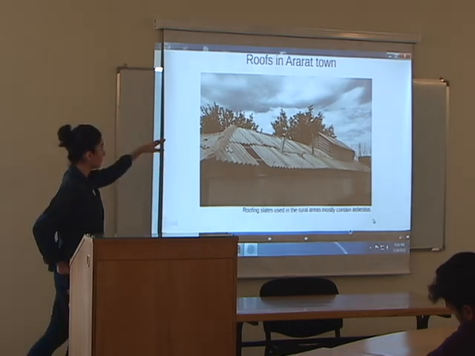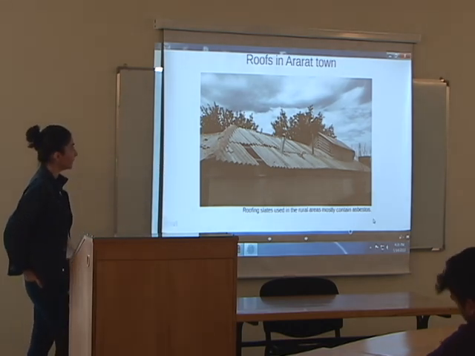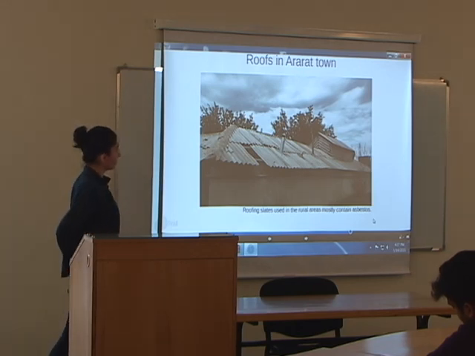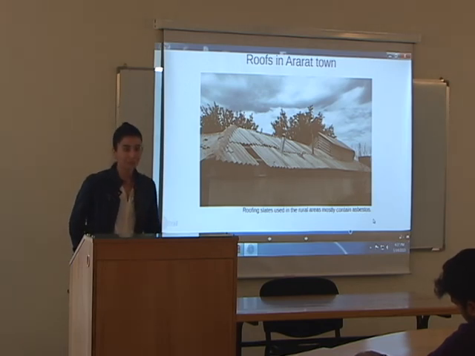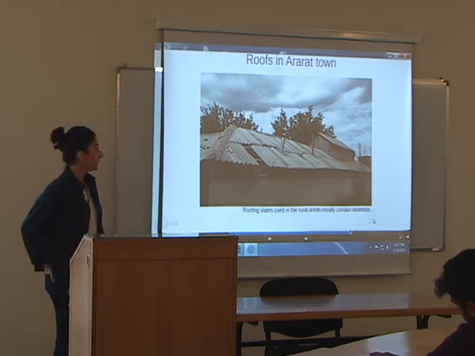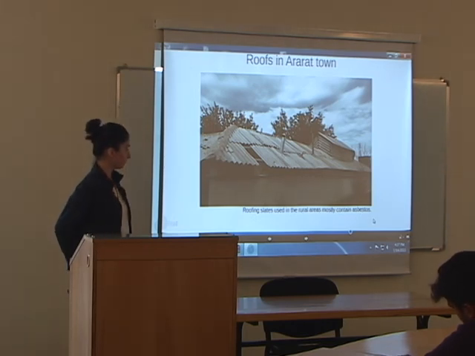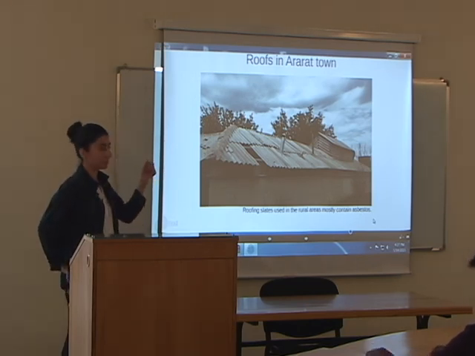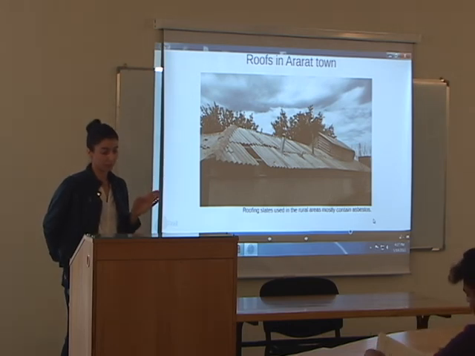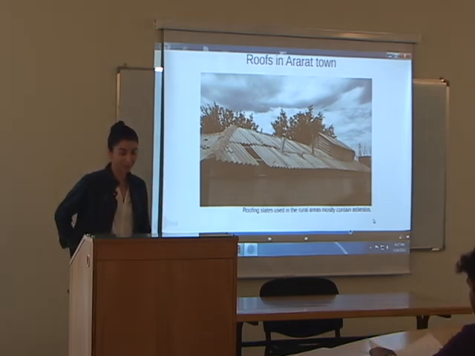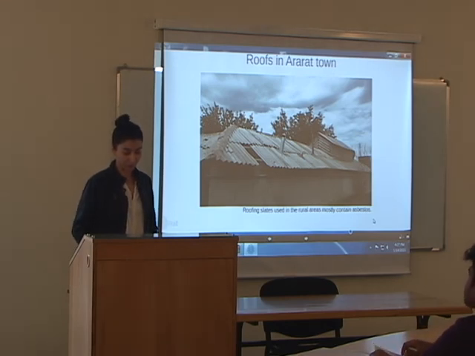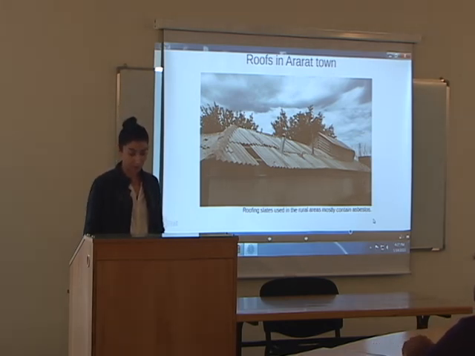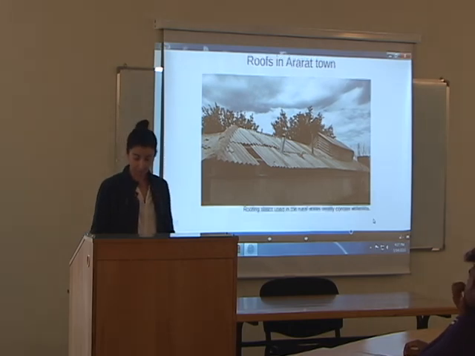This photo was also taken on our way to the Ararat cement factory. This is our province, and this house is not an exception. Probably 95% of the houses we saw there have roofs made of this kind of tiles. When we asked people living there if they knew what kind of material it was, almost everybody answered that this is asbestos tile. So they were well informed about what kind of roofing material was used.